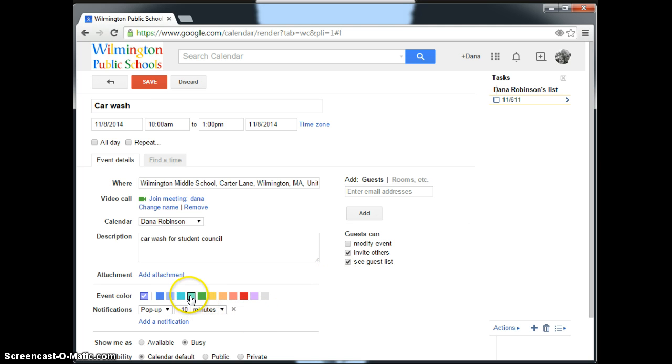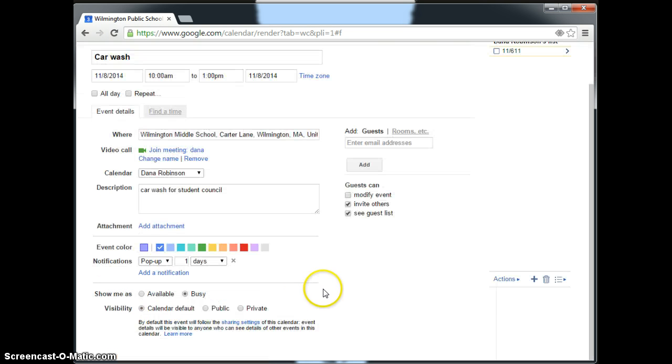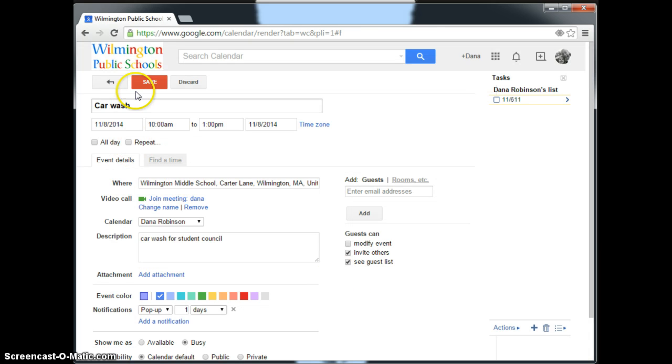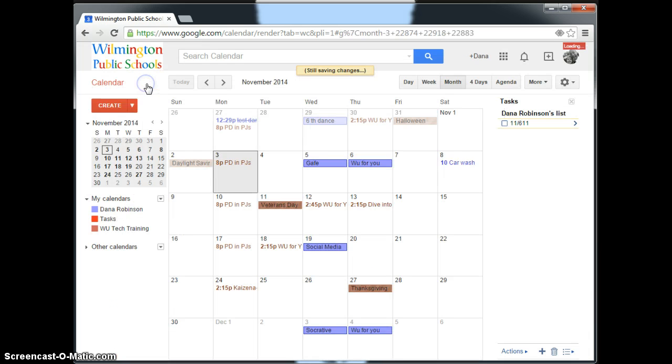I can pick what color it is. So let's see, car wash, blue. And then if I want a notification, I can have an email sent to me or a pop-up. And let's say I choose one day, so that the day before it will remind me. It'll show me as busy, and it will be visible on my calendar. I'll go ahead and save that, and now we'll see that here this Saturday